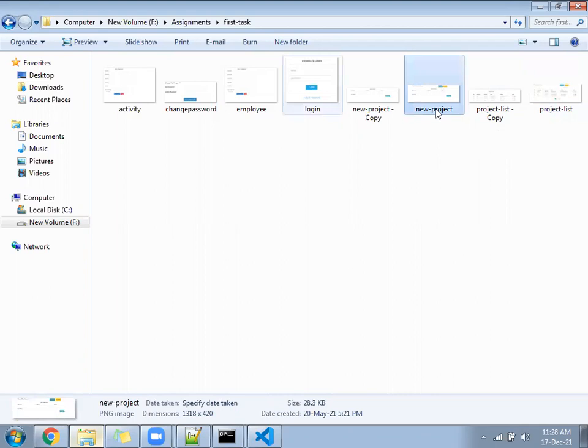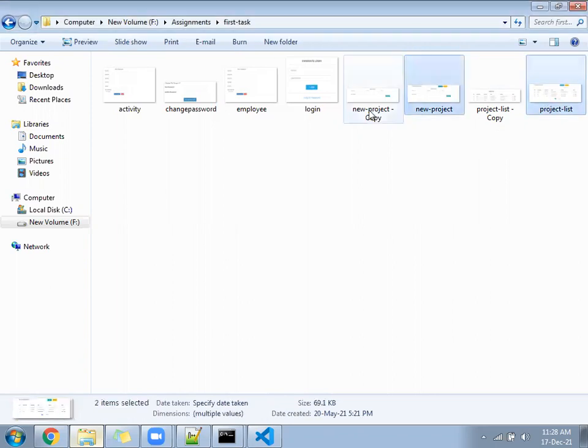I will send these 2 files in your chat as the assignment. You can try saving the data and listing the data.